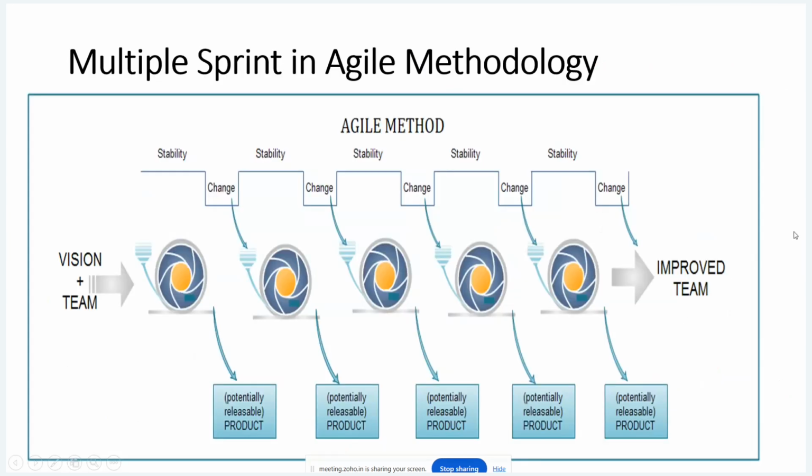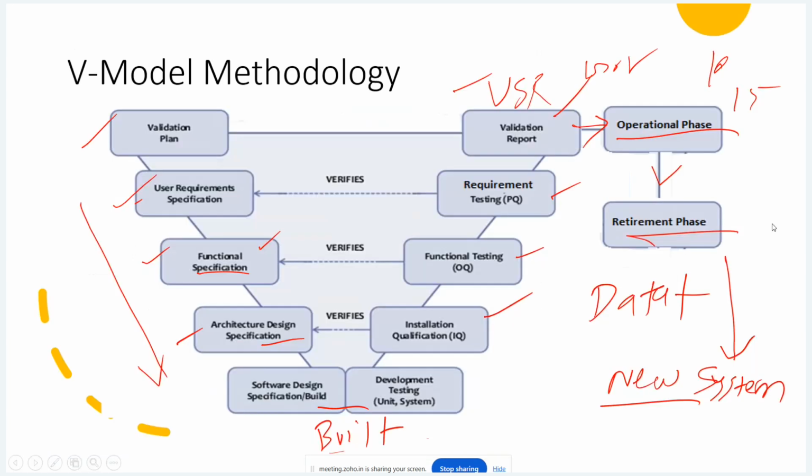Same like the agile model. I will just describe a little bit about agile. Full-fledged, we will discuss in our regular classes only. Agile is slightly complex for those people who have not understood it. Like in the previous V model, we are already aware of the requirement, that I need this kind of software, that kind of software. Everything is clear here.